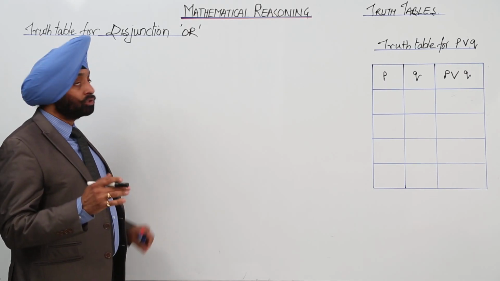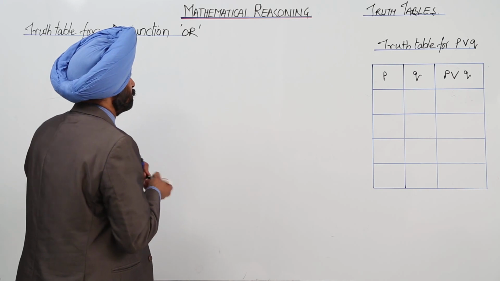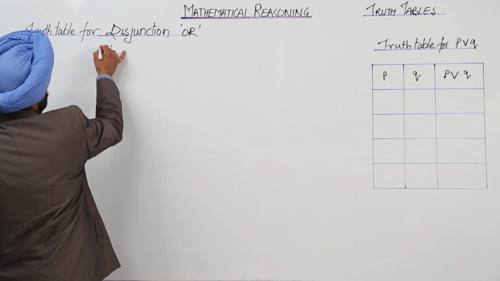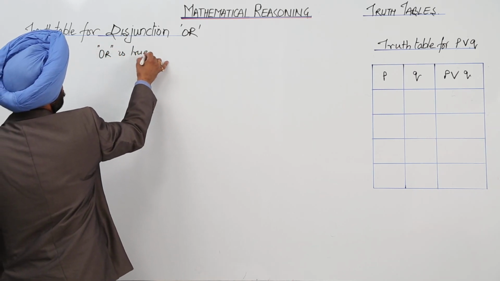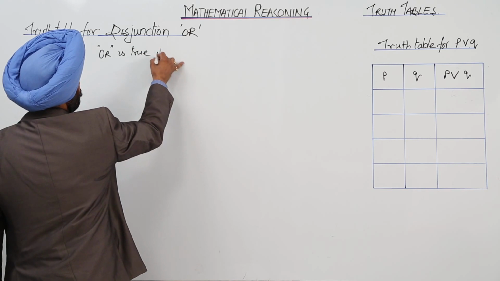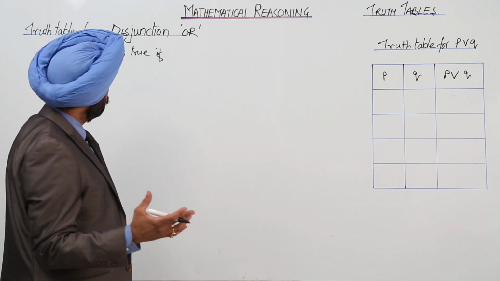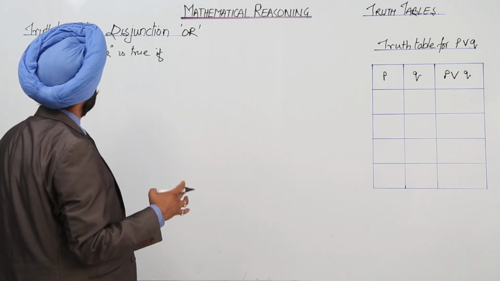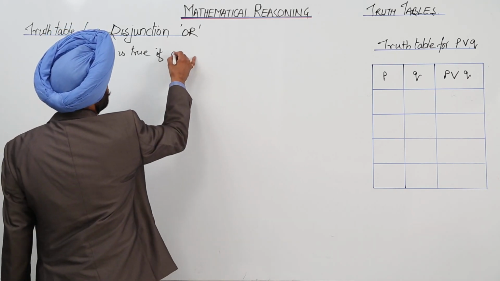Now let's discuss the truth table for disjunction, that is OR. Now, OR is true if, again we have two simple statements, and then using OR it becomes a compound statement. So OR is true if at least